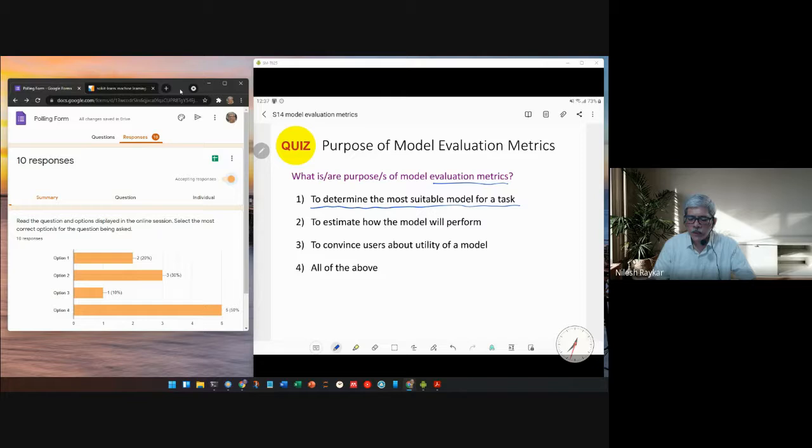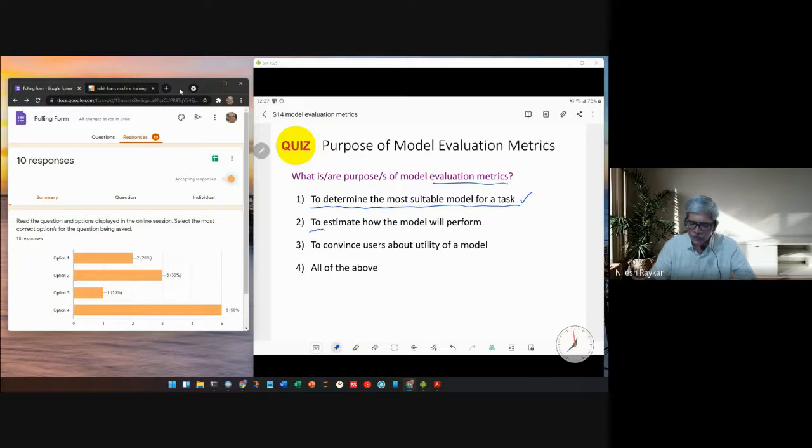The evaluation metric, for those who joined late, for regression problems, is the least square value or the mean square value, and the other metric is the R square score, which we defined previously in the previous session. There are some others, but these are the two which are popular. Using that, you can determine which model is more suitable for a given task.